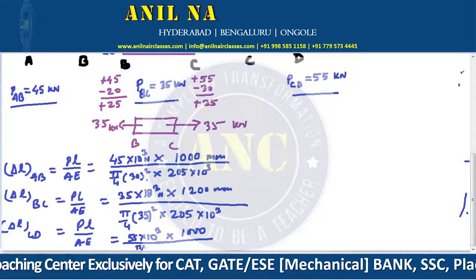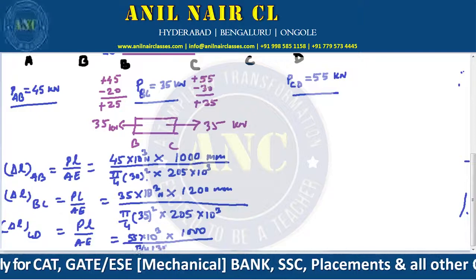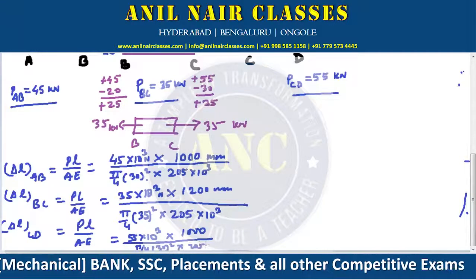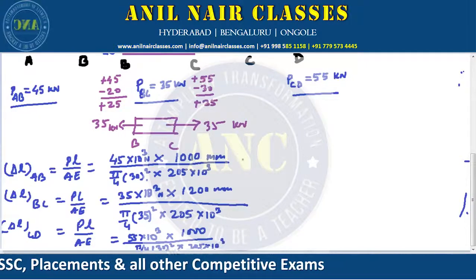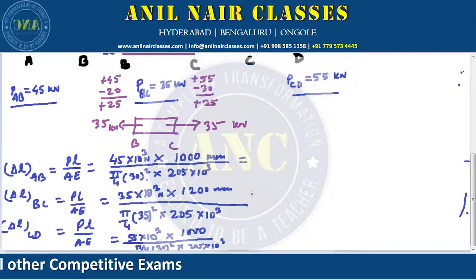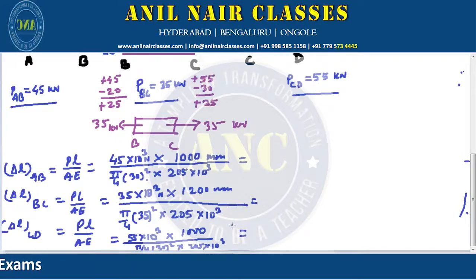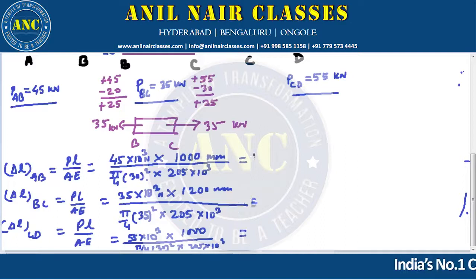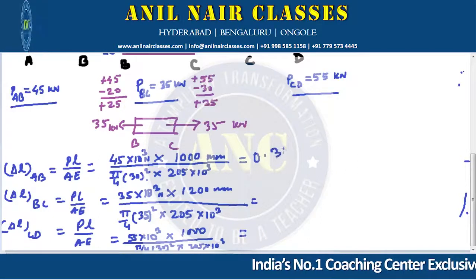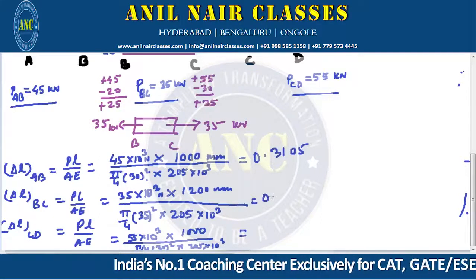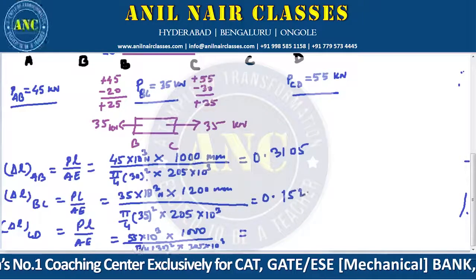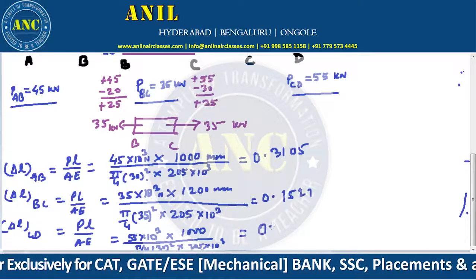Divided by, this is pi by 4, 30 square into 205 into 10 to the power 3. So what happened? We'll get some values for change in extension in AB, BC and CD. That is, in AB we'll get it as 0.3105. This we will get is 0.1521, and this